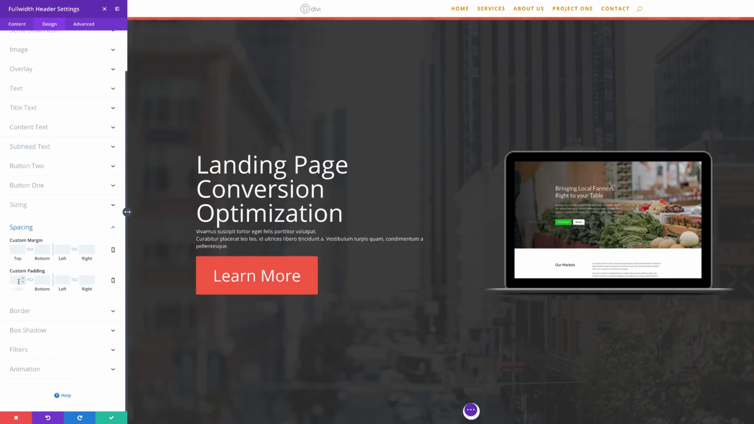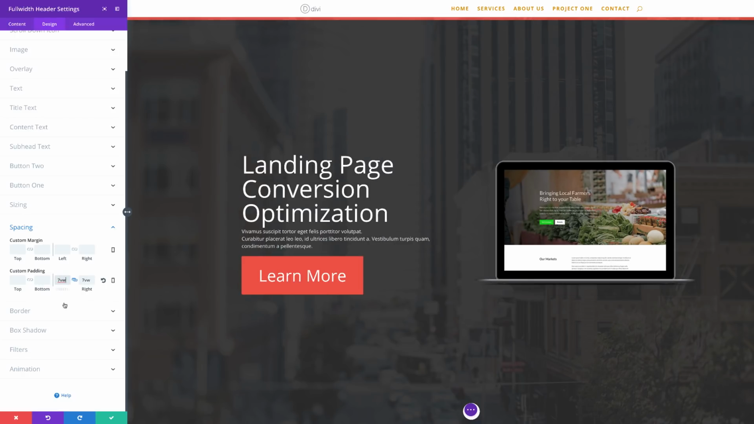Right, so what I'm going to do here is add padding of 7 VW, but this is going to be both to the left and the right. So we can activate this chain, and the value I'm going to add here will be applied to both sides,